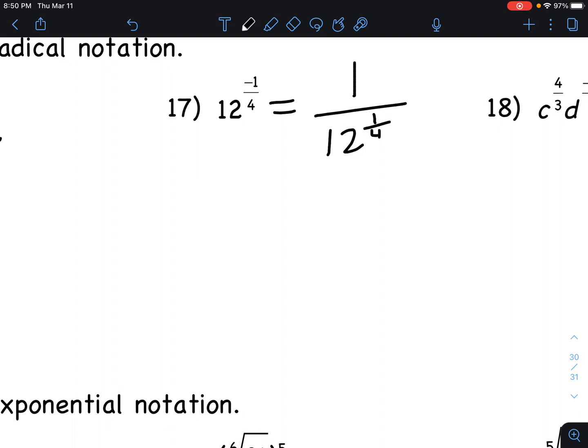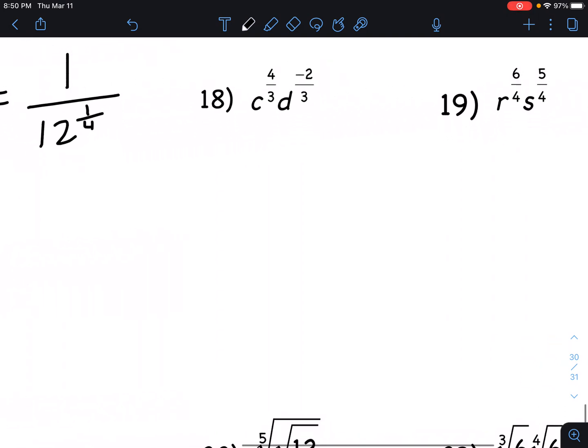Now we can convert it to radical form. So again, still make it 1 over. There's nothing on top, so you got to put a 1 to represent it. And then the 4 is the denominator, so 4th root of 12. 12 to the power of 1, but don't put the 1 for the exponent. Okay,